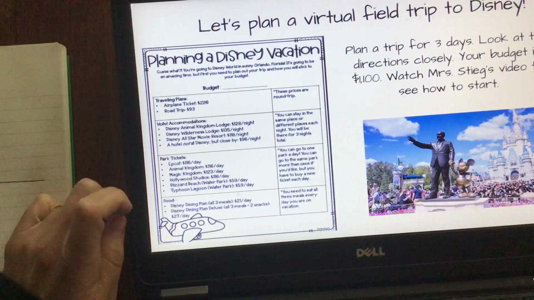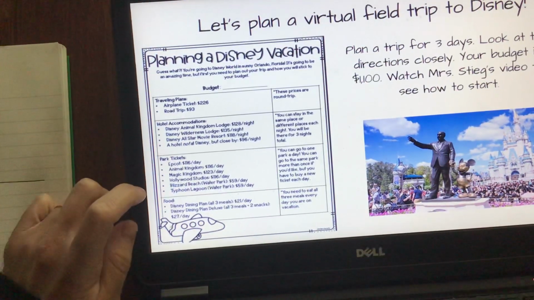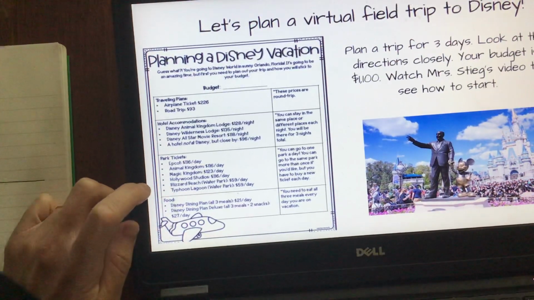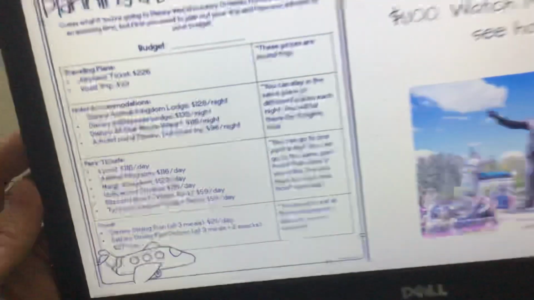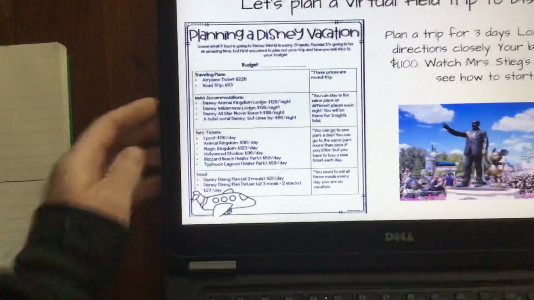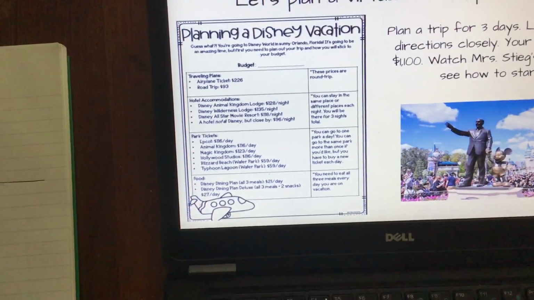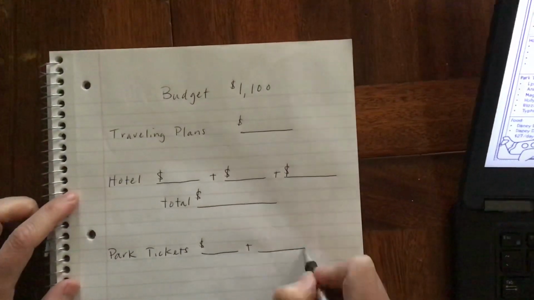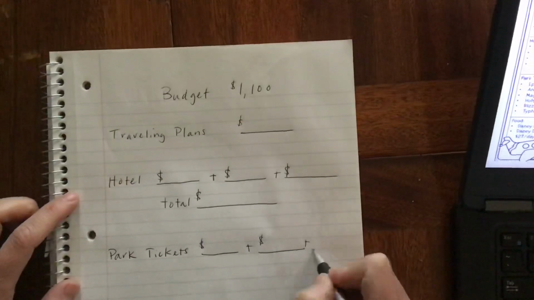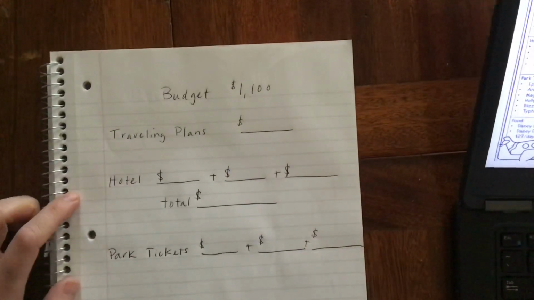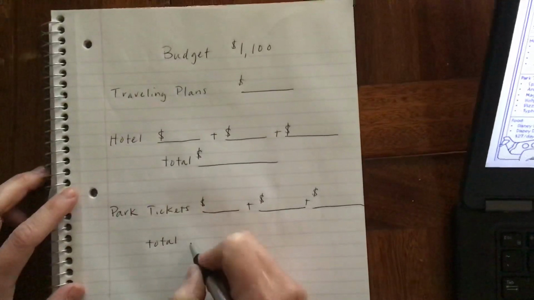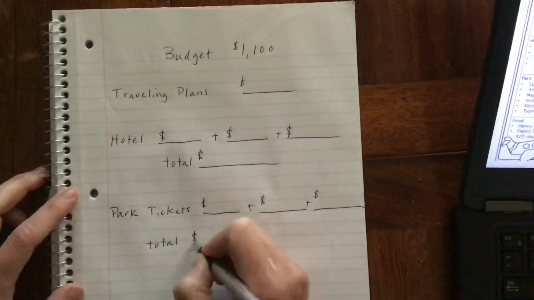You could go to Blizzard Beach Water Park for $59 a day. Or you can go to Typhoon Lake Water Park for $59 a day. Is that right? Yeah, they both say 59. All right, so you're going to pick 3 different ones of that. So you'll pick 1, 2, 3, and you get to pick. But then you're going to need to total those up so you know how much money you spent on tickets. Okay.